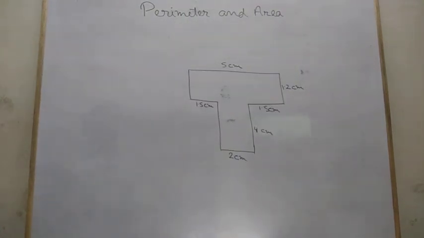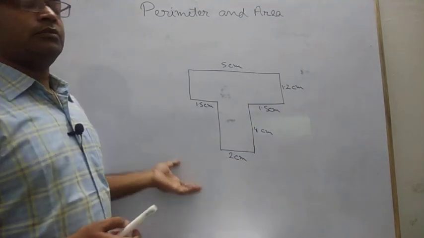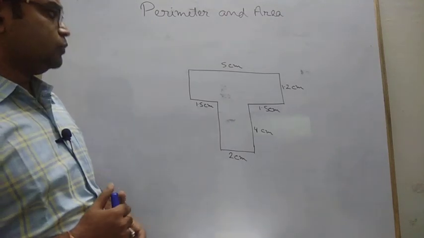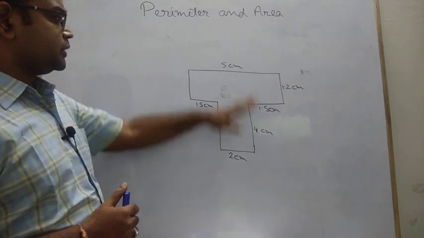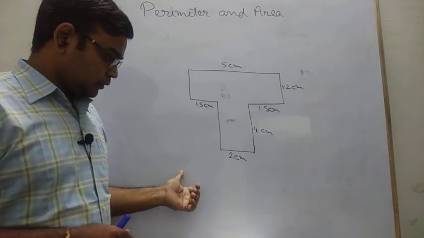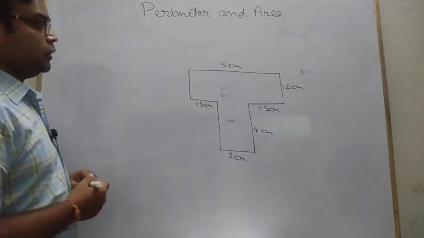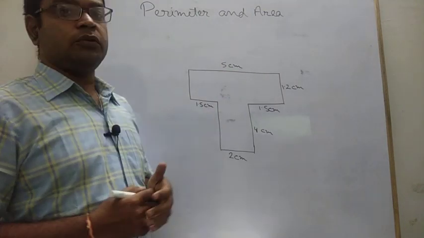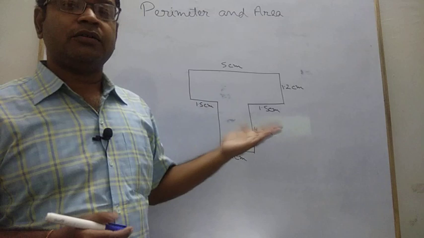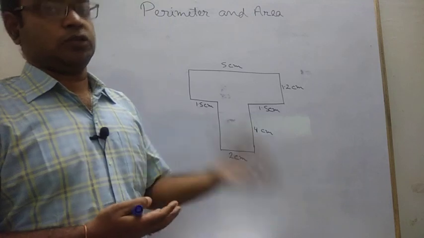This is a very common figure I found in every book. This type of figure also comes in some competitive exams like Olympiads and all the exams. So the main question is, some sides are given to you. You have to find out the area of the enclosed figure, this one. How do you find it out? If this type of figure is given to you, always try to divide it into some equal type of figure, means some 2D figure, perfect geometrical figure, like rectangle or square.